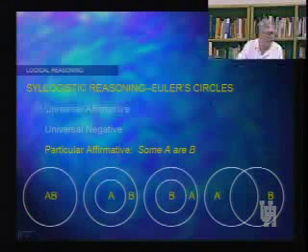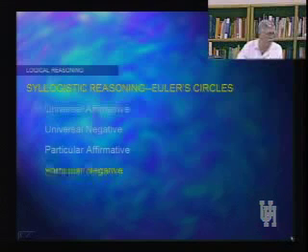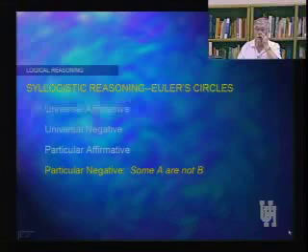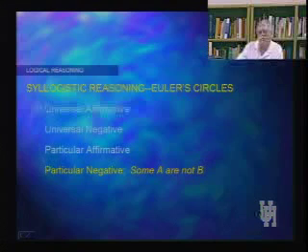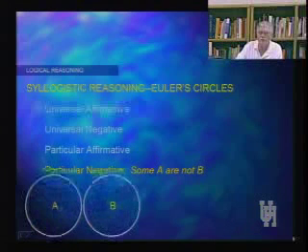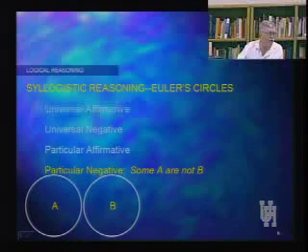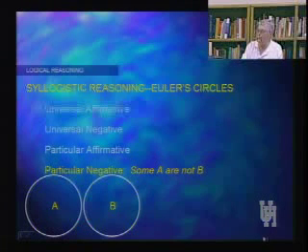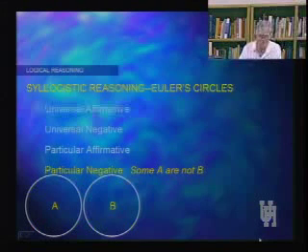And finally then, let's look at the last one, which is what's called the particular negative. You can predict where this one is headed. Some A are not B. Slightly more limited ways to diagram this. There are three possible interpretations that can be made in this situation. This is one of them. Some A are not B. Well, again, that's an understatement of what this diagram actually depicts, as you can see, because here we can also, as we said earlier, say no A are B, or all A are not B in this particular situation.